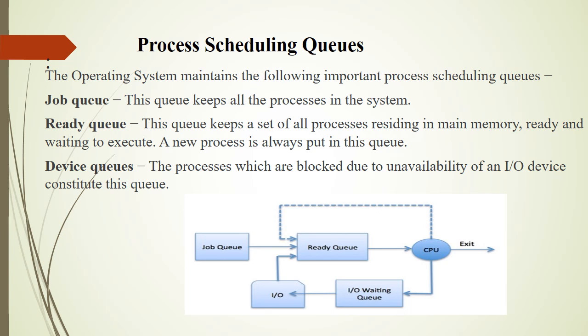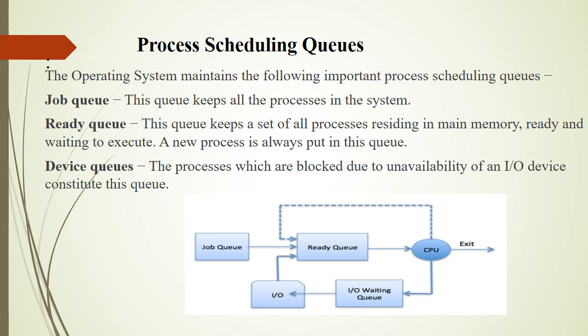It also contains a ready queue header which stores the address of the first and last process control block. The operating system maintains important process scheduling queues. First one, job queue. It is also called the job pool. This queue is created in the main memory and used to store the names of jobs which are currently in the secondary